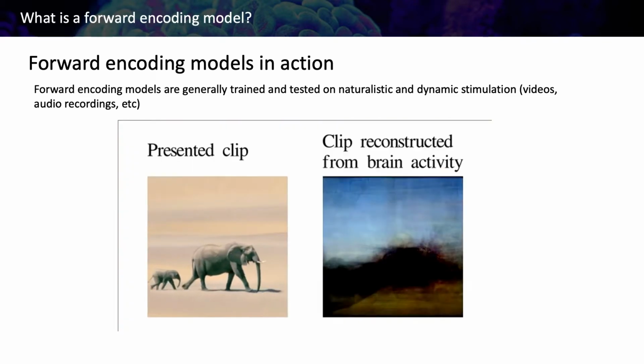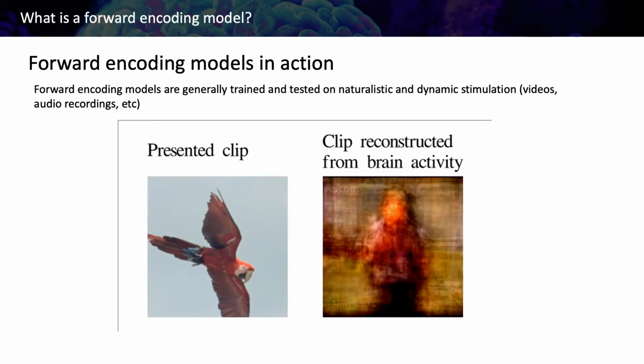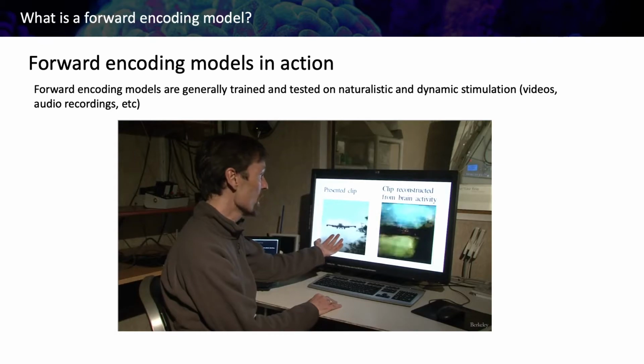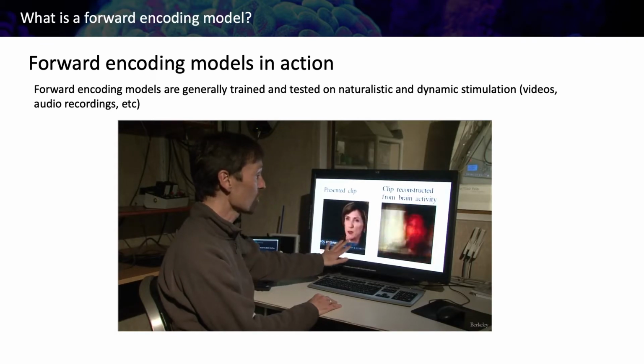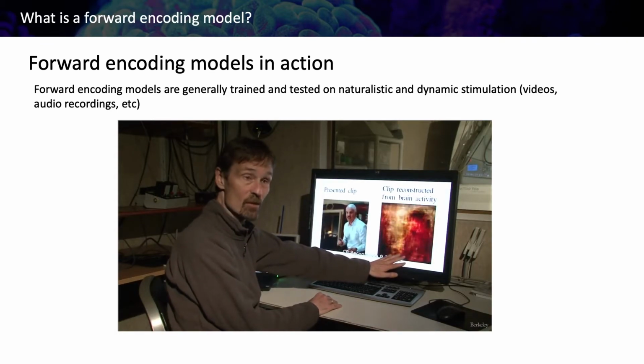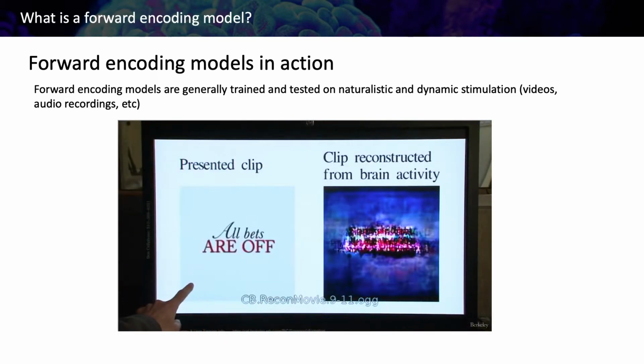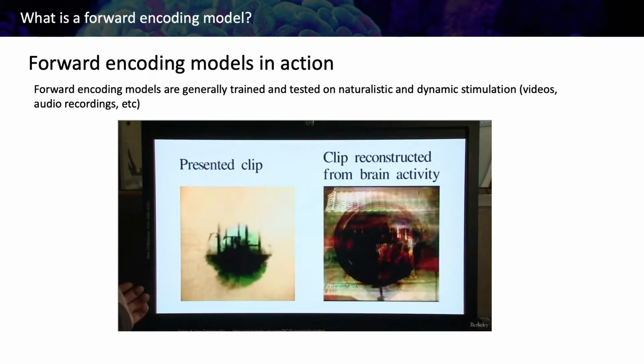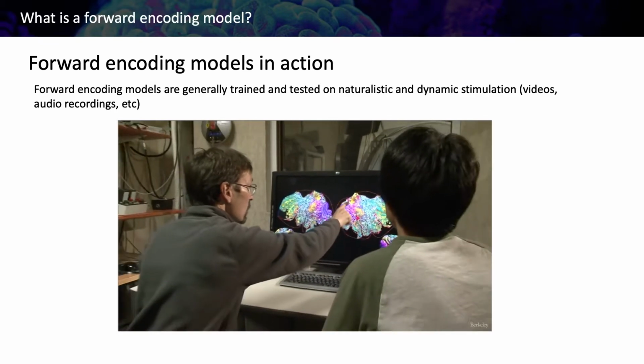So on the left here is the movie we actually showed people, and on the right is our reconstruction. When the movie that we showed has a fairly common object like a person, our reconstructions are actually fairly accurate. But when the movie that we showed is something rarer, as you'll see in a second, like this abstract thing, then our reconstructions are coarser. Not really so much over here, I guess.